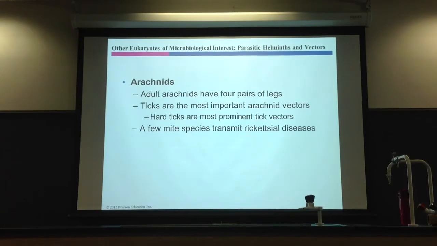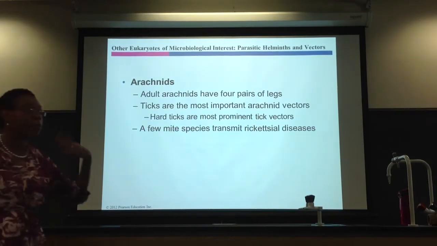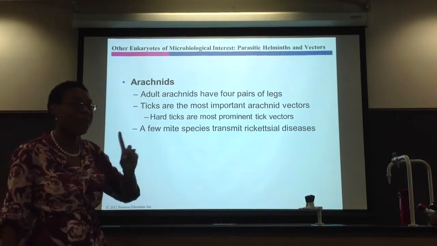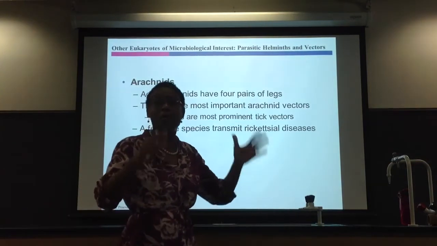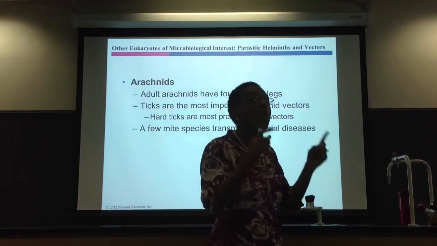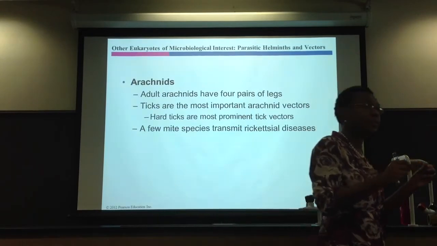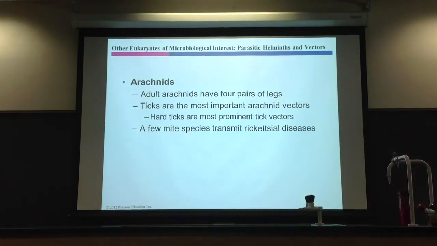Now, the reason why we care about ticks is that ticks can carry diseases like Lyme disease. I talked about Lyme disease back in the previous chapter. Lyme disease is caused by Borrelia burgdorferi, so you should know that. And ticks are the biological vectors for that bacterium. Got it? Causes Lyme disease. You know you got Lyme disease because you'll have that target or bullseye rash on your body. So wherever the tick bit you, eventually you'll have that target or bullseye rash. It's called Lyme disease.